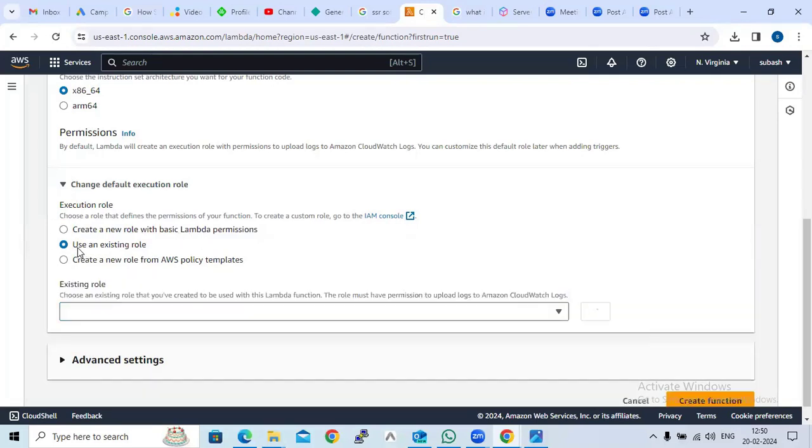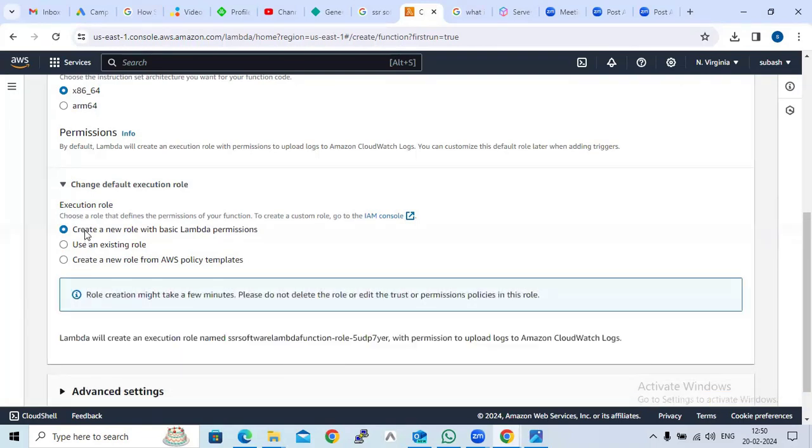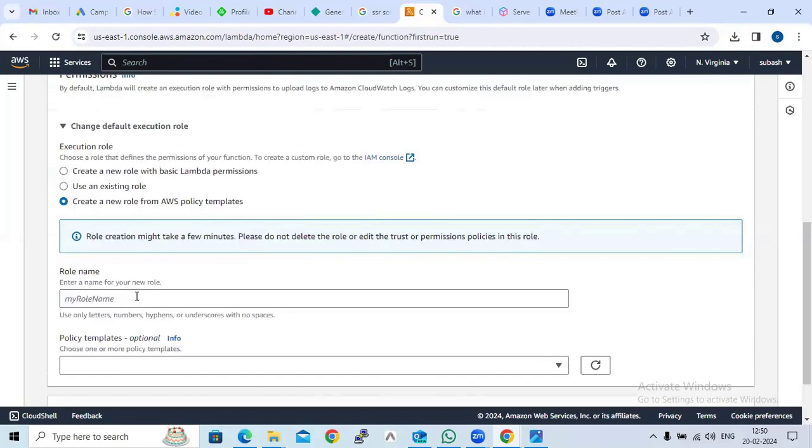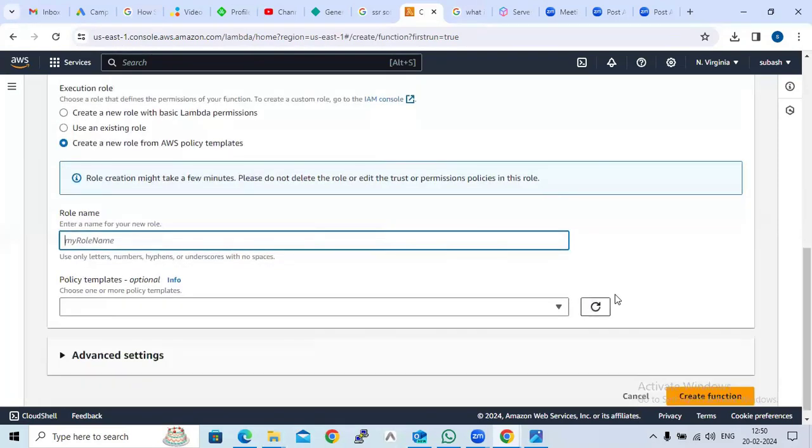If you select use existing role, there will be a drop-down list. If you already have an existing role created, you can select that role. If you don't have anything, you can create a new role with basic Lambda permissions, or create a new role from AWS policy templates. If you want to create from the policy template, you can create the new role and provide the